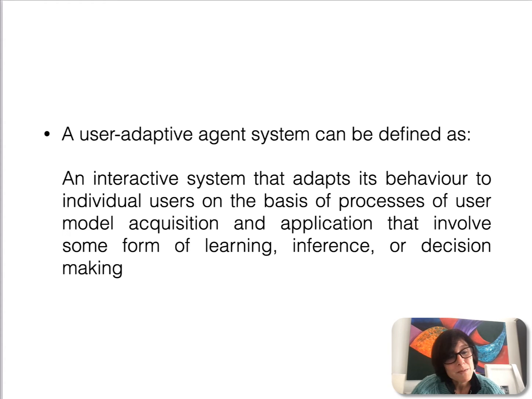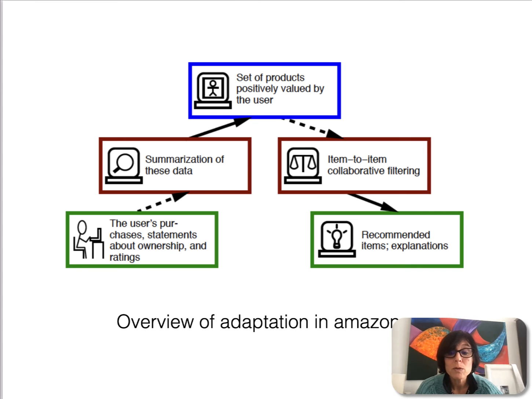Before we spoke about the environment and the importance of acquiring information from the environment through perception. But when we talk about an interactive agent system that is working within or with a human being, then we need to think also of user modeling, the user model acquisition, the application of that information from the user model to support its learning, to support the agent's learning, to support the inferences it might do or the decisions it might take. And if we go back to our previous example of Amazon, we can see how such recommendations happen